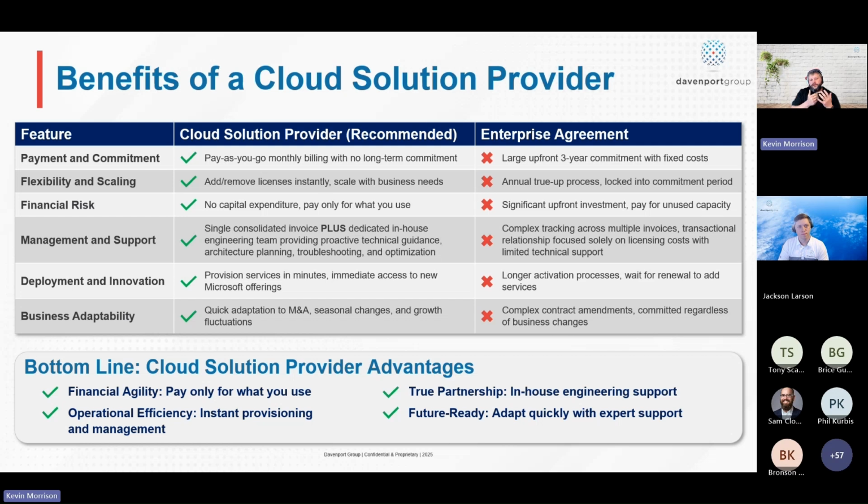Here at Davenport Group, our key driver is to make your lives easier and to provide top tier support for your organizations. We want to make sure that if you run into problems, you feel like you can turn to us as a trusted provider, or even advisor, for meeting your goals and helping your organization succeed. That's really what we want to do: provide that value and that support.